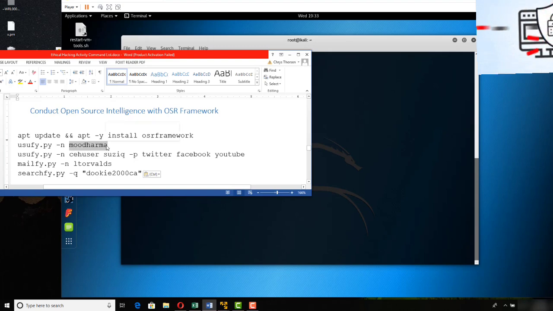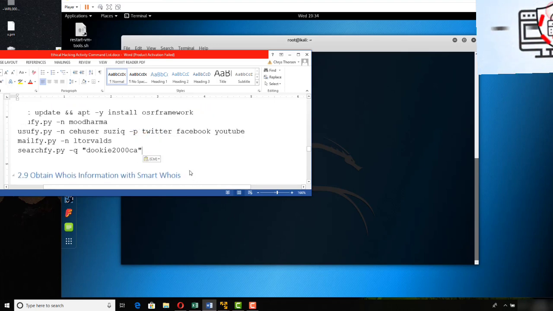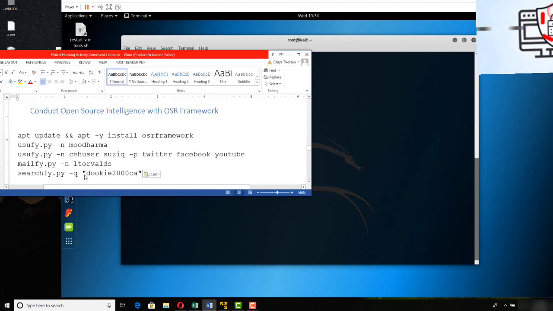Now, sometimes you will get false positives. We'll see that. Or you can specify a couple of usernames and then specify the platforms. And there are many platforms. If you don't specify, it'll do them all. And then we could search if there's any email that has this string in the email name. Or we can search across everything to see if just this string, whatever it is, in quotes, exists in any